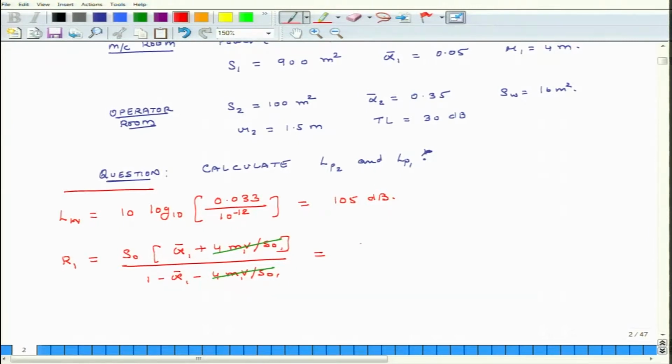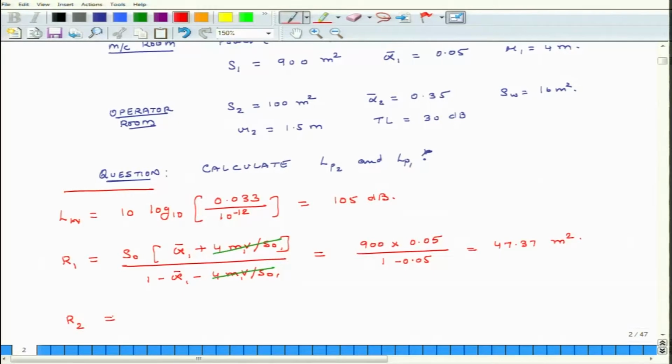we compute this. So, S naught is how much? 900 square meters times alpha 1. What is alpha 1? 0.05. This is the surface absorption coefficient of the first room, divided by 1 minus 0.05. So, this comes out to be 47.37 square meters,